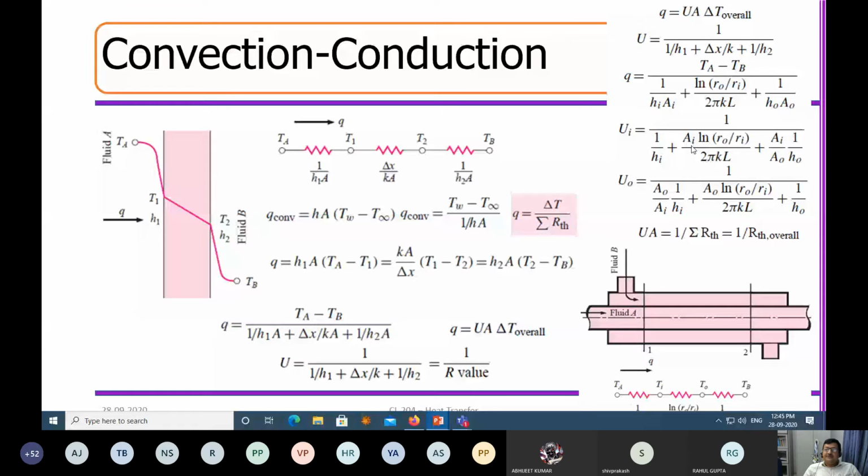and the other way of expressing the overall heat transfer coefficient is in terms of AO. AI means this inner surface, that means the inner part of it, and AO means this outer part. Typically pipe thicknesses are very small, but it has been observed that even that has a lot of influence in terms of the calculation. So you can define these heat transfer coefficients in two different ways. One is in terms of inner diameter and the other is in terms of the outer diameter.